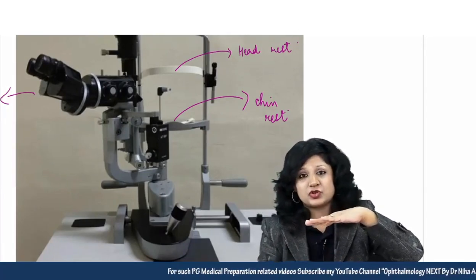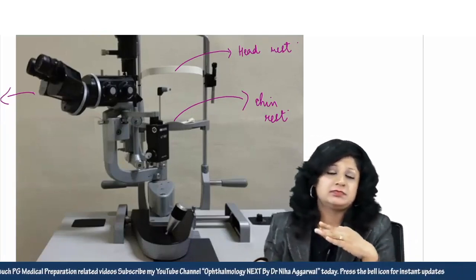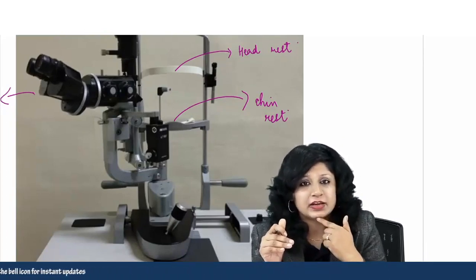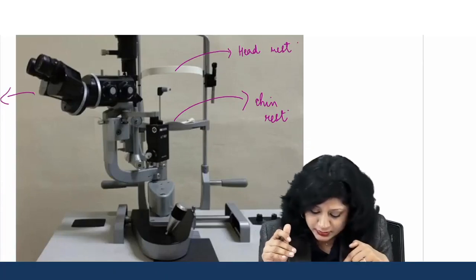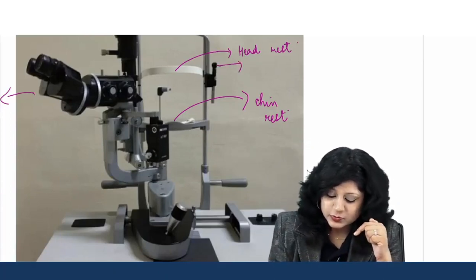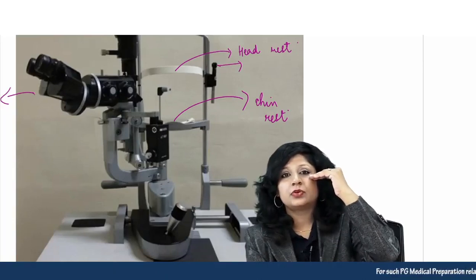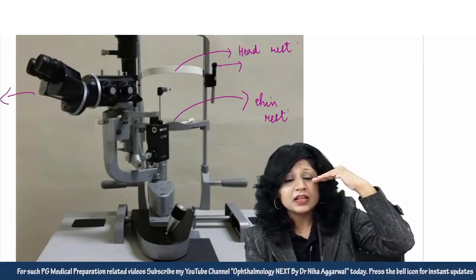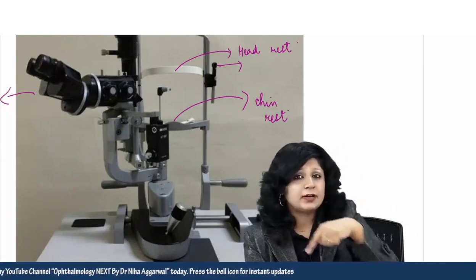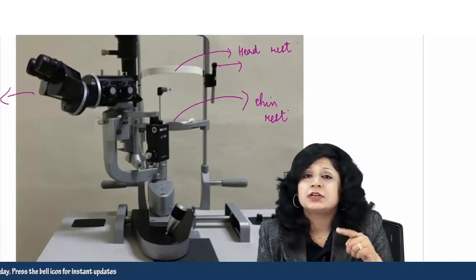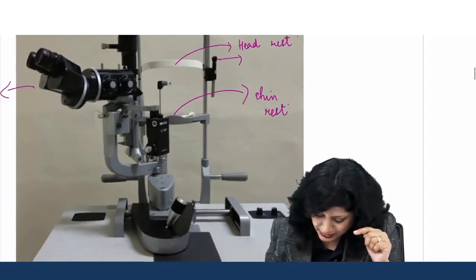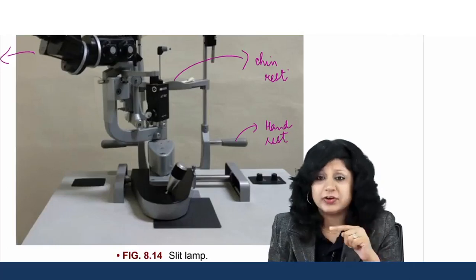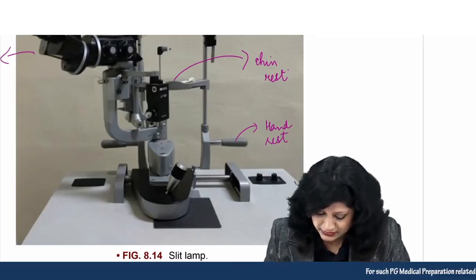So you have to adjust the height of the sitting stool on which the patient is sitting in such a way that these 2 points are matched in the corresponding areas. And then we have got this one, which you can say is a reference light: the eyes of the patient should be at the level of this, so that you get to know, especially for the beginners, that your positioning of the patient is all right. And this is for the hands. Sometimes the patients do not know where to rest their hands, so they can rest their hands over this.